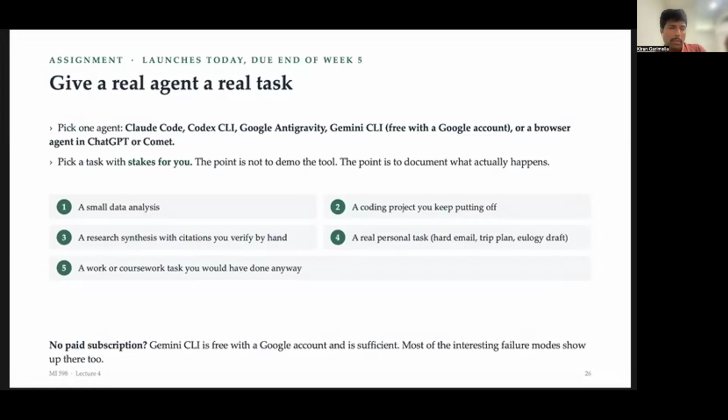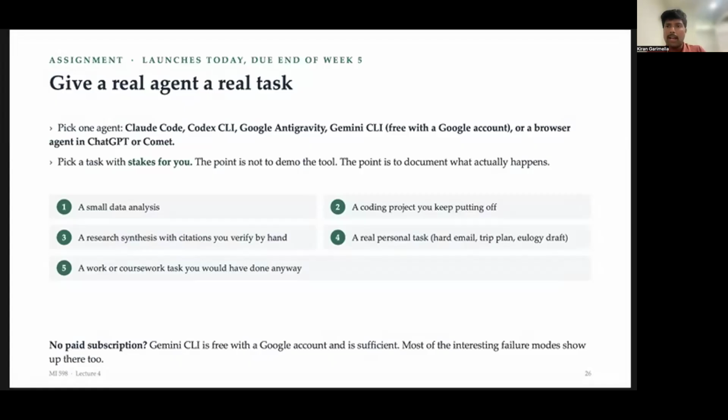So I'll show you a couple of examples today, but I think it's very important for you to also try these out. I think you can try Google Anti-Gravity. Google has a free tier, but they also have a pro account for students. So you should use your .edu account to get that pro access until September. I don't know how long they will be running that, but you should get access to it.